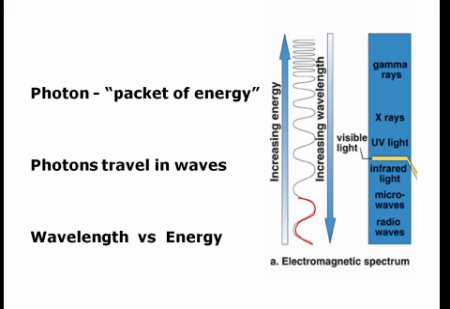So beginning at the top, very, very short waves of electromagnetic radiation like gamma rays and X-rays have a short wavelength but very high energy. If we look down at the other end of the spectrum, things like radio waves and microwaves have a very long wavelength and much lower energy. Right in the very middle of the spectrum are the wavelengths that are visible light. That is light that we can detect with our eye.